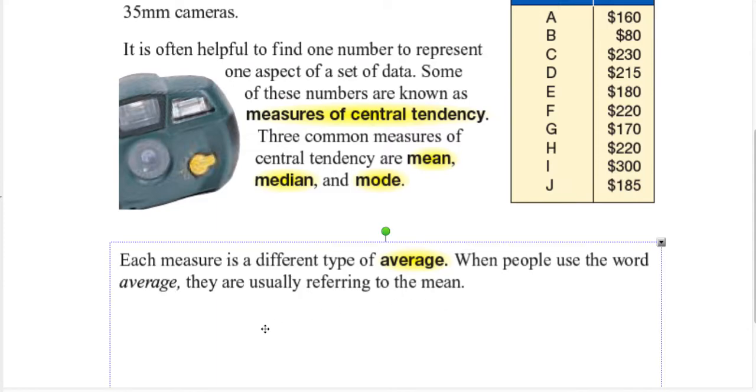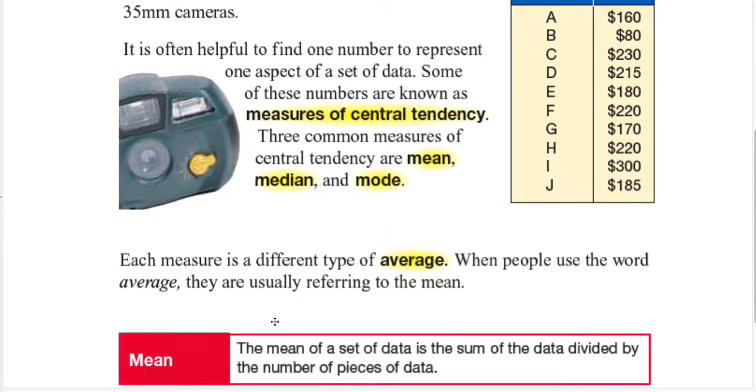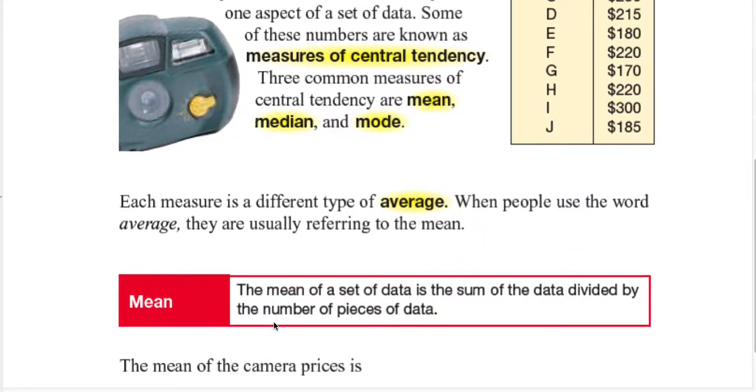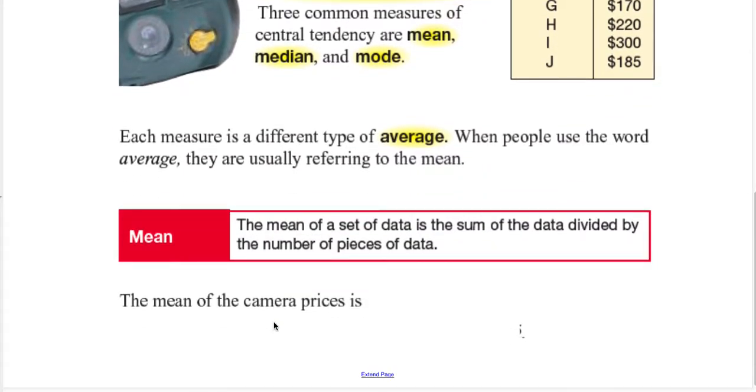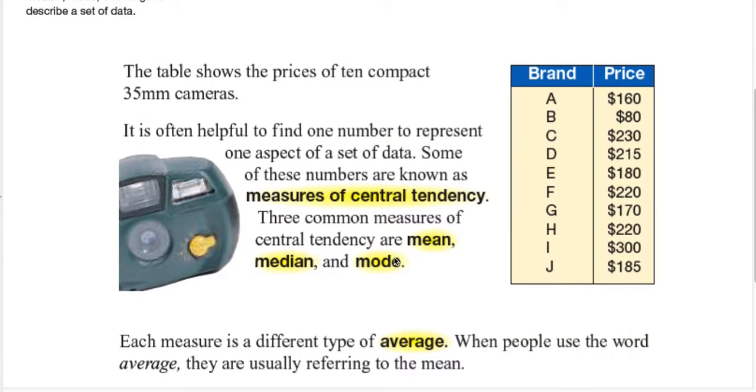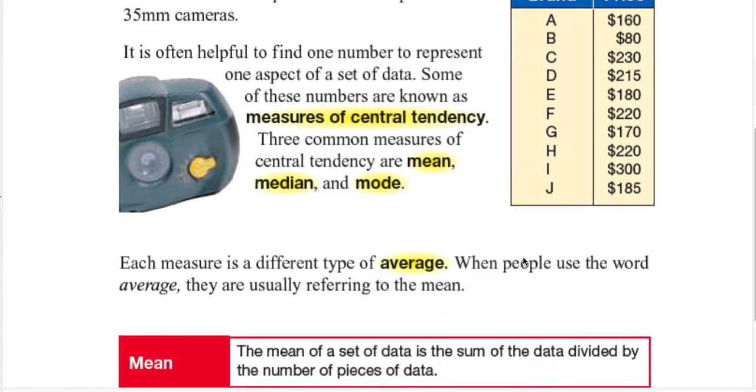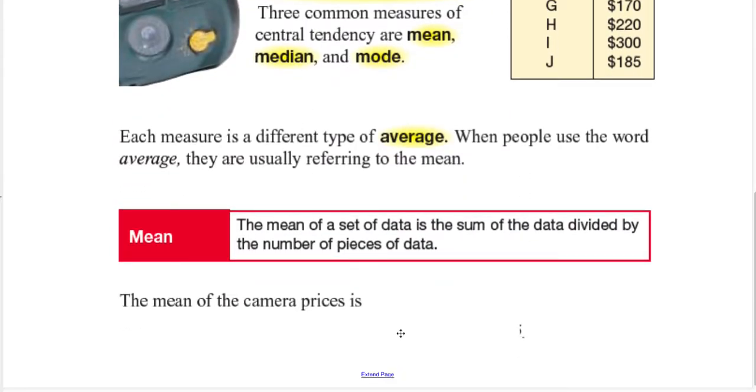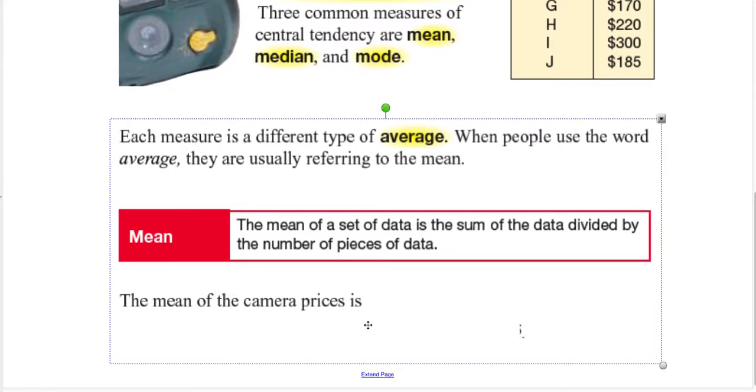Definition of the mean: the mean of a set of data is the sum of the data divided by the number of pieces in the data. That means we add all of these numbers, and since there are 10 pieces of data, we divide by 10. So the mean price would be